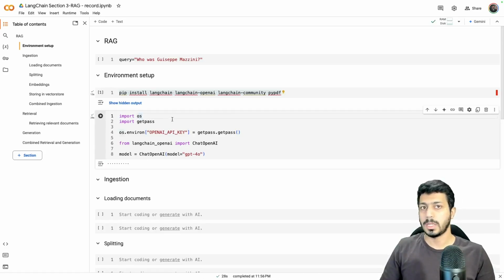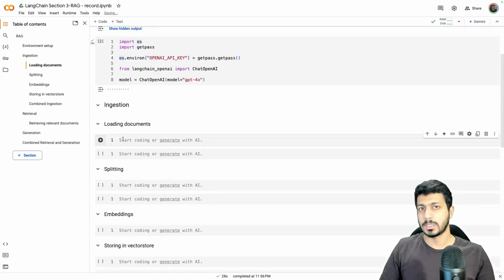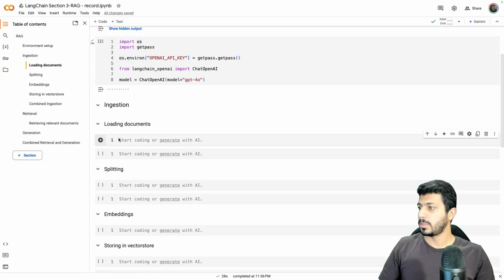Once the environment has been set up, I'm going to move to the ingestion part. In the ingestion part, the first step we are going to do is load the documents from the PDFs. Now, for the PDFs, I have a section here and I have uploaded all the 5 files over here. You can do the same by clicking this option, selecting the files from your directory and uploading them. And after that,